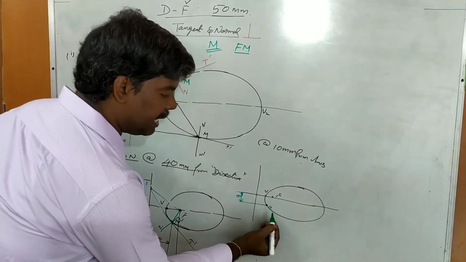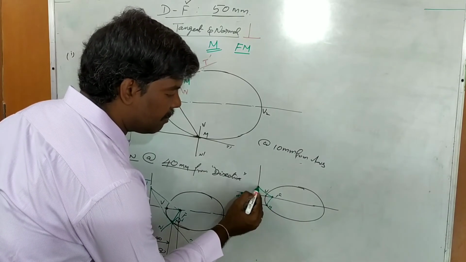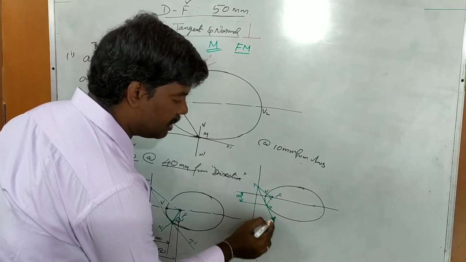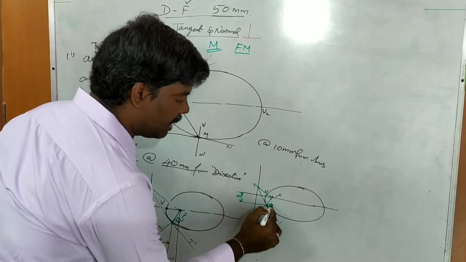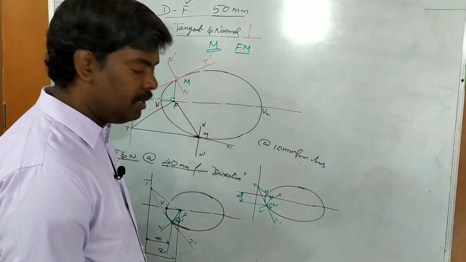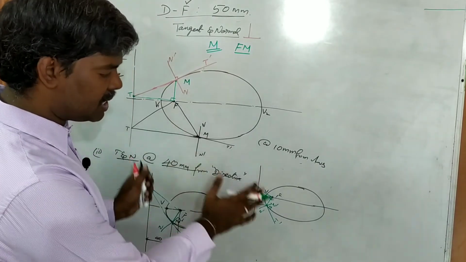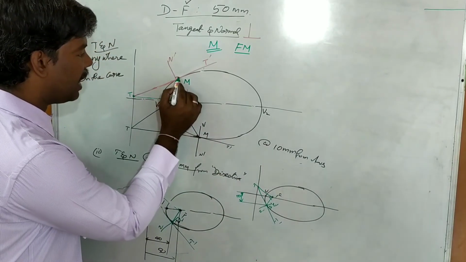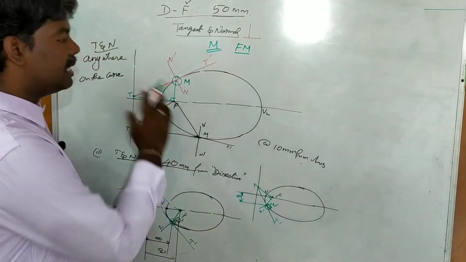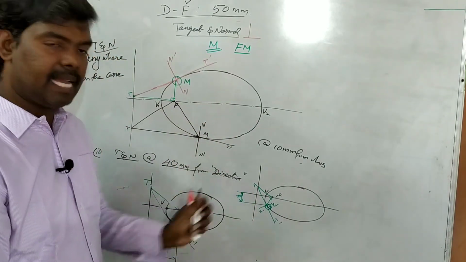So after getting point M, you join FM. Similar procedure. From F, you draw a perpendicular line to FM. Then T and M join, that is the TT dash tangent, and the perpendicular line of TT dash passing through the letter M, that is called the NN dash normal. Okay, similar procedure. That's all. Everything is the same, only the location of point M. Okay, there are three different cases. One is anywhere on the curve, here, that is from the directrix and from the axis.